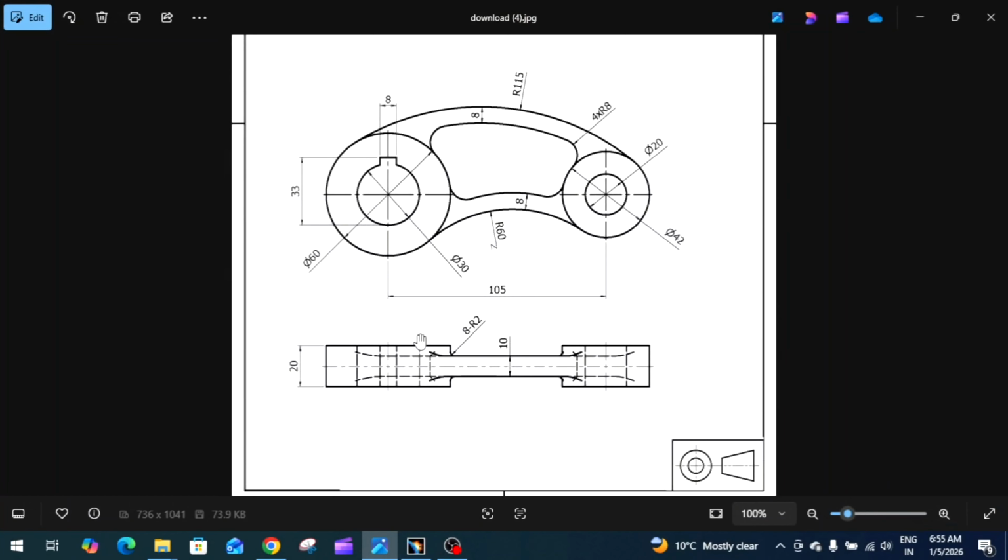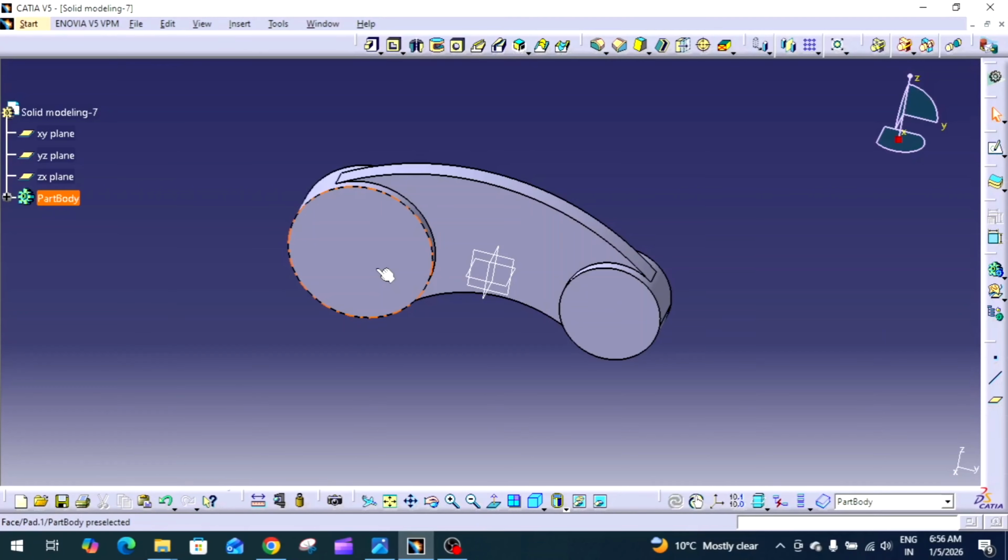Next one, now all the add material features are complete. Next we will create the remove material features. So what are the remove material features? First of all, this diameter of 30 mm, and this is a keyhole. It is 8 mm and 33 mm from this end. So 30, 33, 8. So for that, click on this surface, click on the